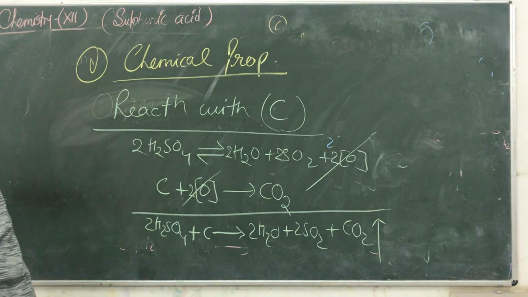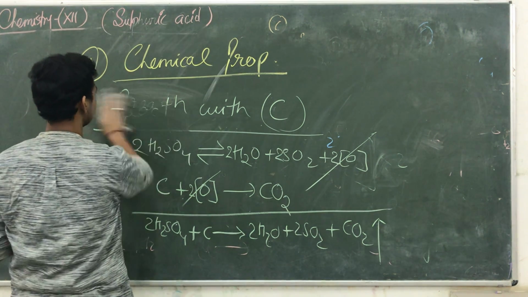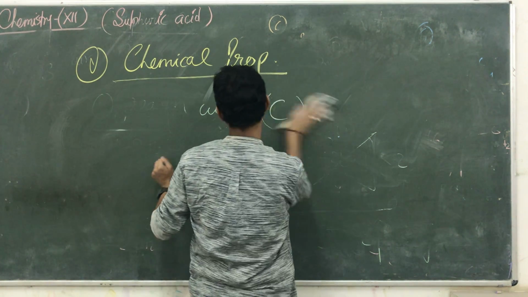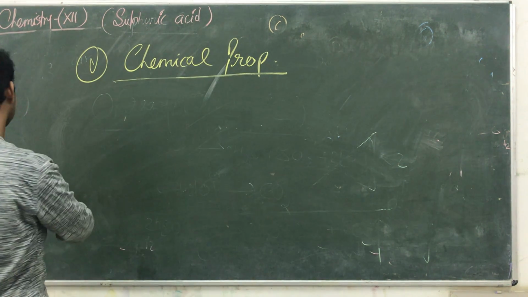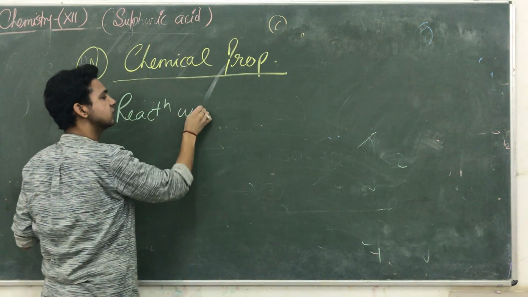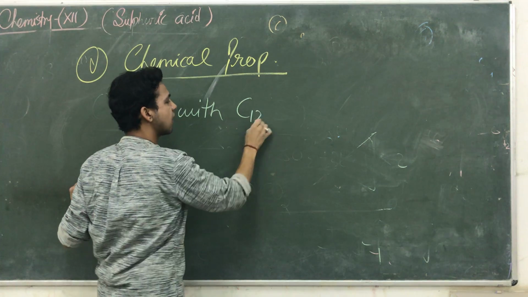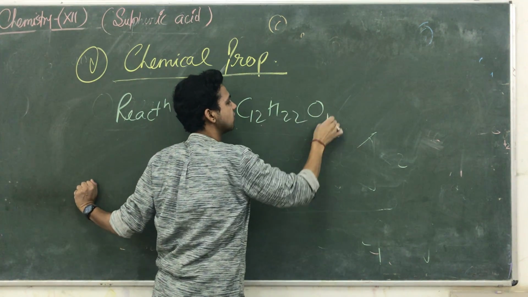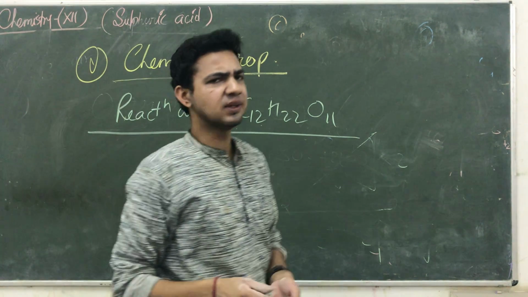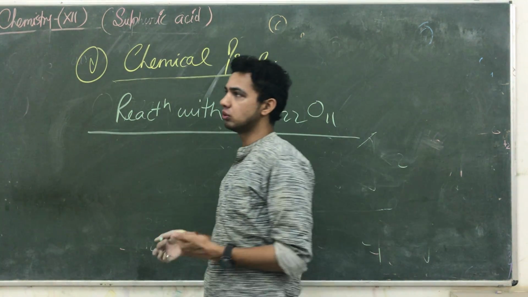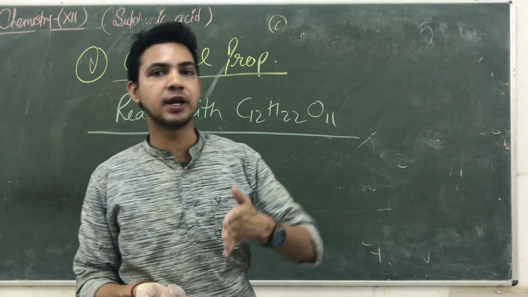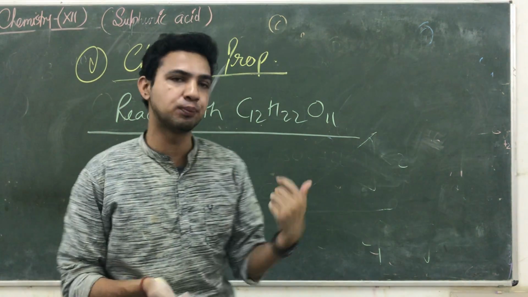The next one is the reaction with sugar. The reaction with C12H22O11, you know what is a C12? Which is a sucrose and any glucose compounds. You know that these compounds are known as carbohydrates because they are made up of carbon and hydrate means water molecule. वो अभी proof होगा.